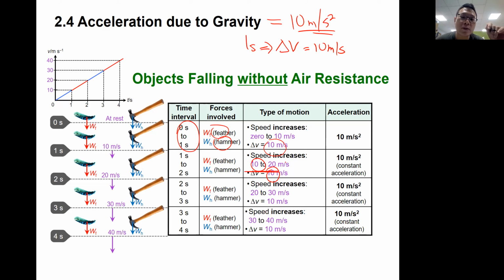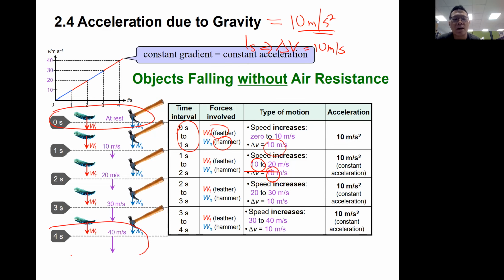Their speed at 4 seconds is actually the same. And because they have the same speed and they start from the same starting point, you'll find that they will actually reach the floor at the same time, because they have the same speed in this case. So the ultimate condition, or the only condition that you will need to have, is actually the presence of air